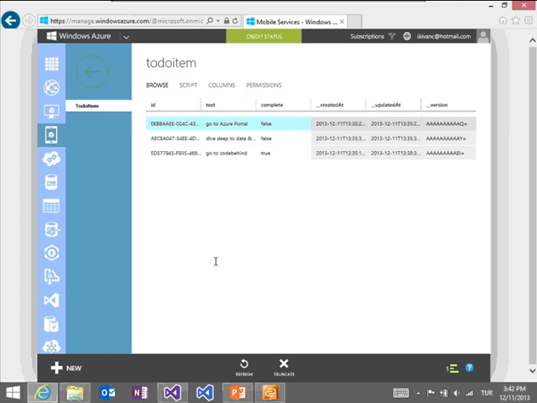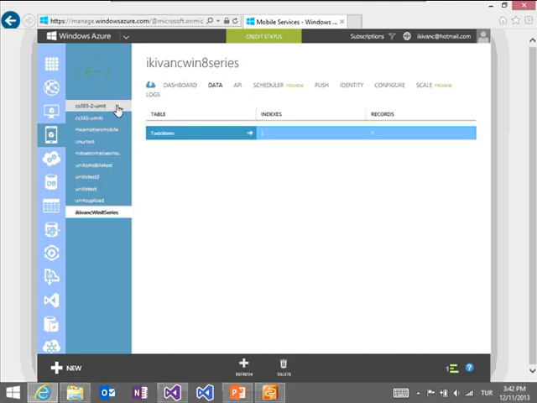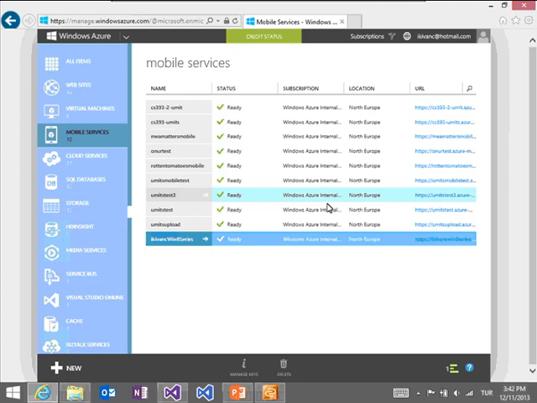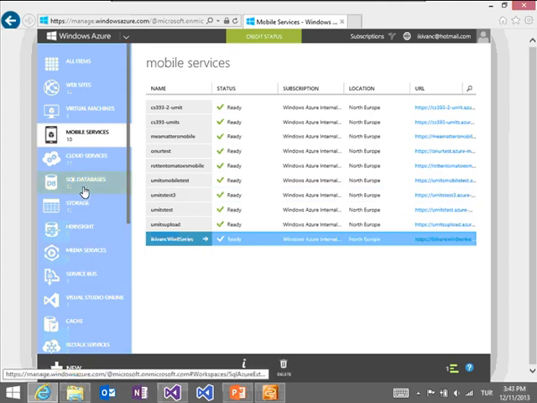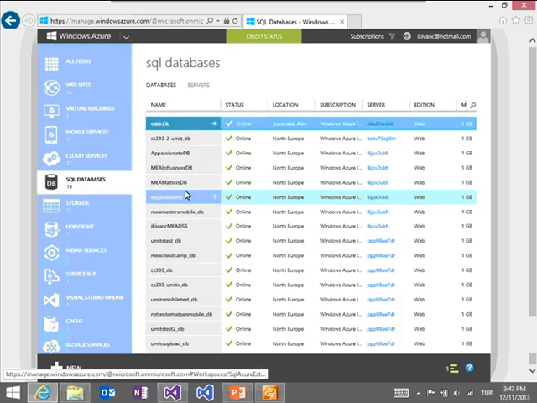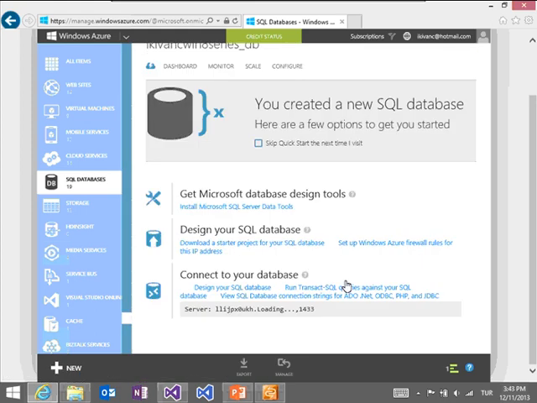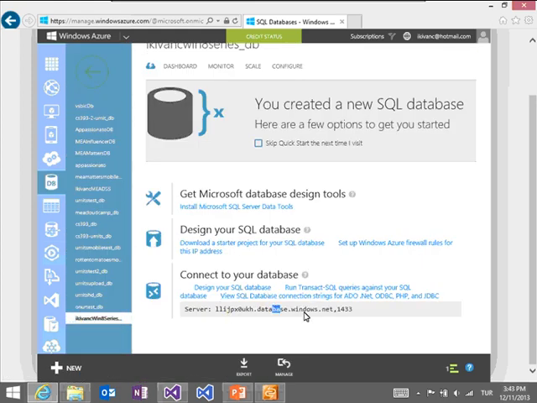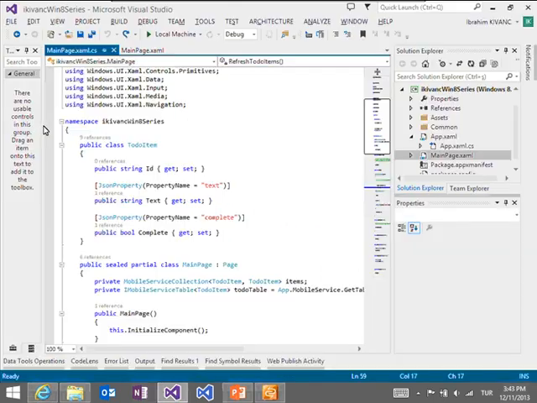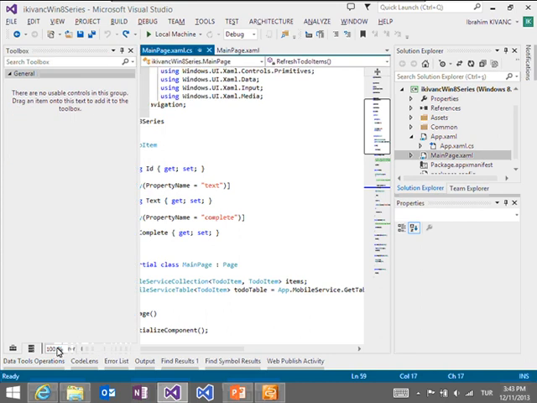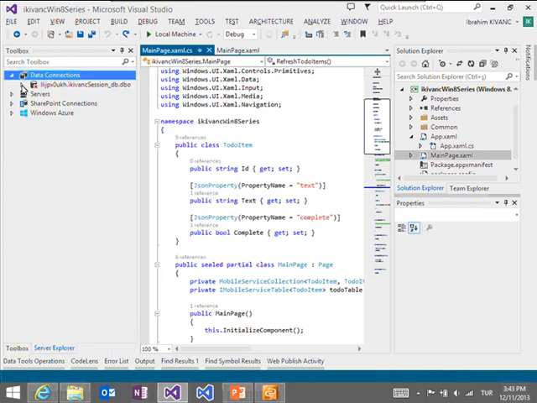So if you wanted to change some stuff inside of there, you can have a look at that. So let me connect through my Visual Studio. So what will happen? Let me see that. This is basically my server address. So I will just copy this one, and then I will go to my server, and also